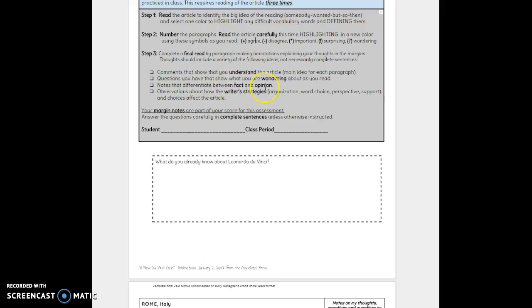Notes that differentiate between fact and opinion. This is where you might agree or disagree. And observations about how the writer's strategies and choices affect the article. We've talked about maybe the first paragraph was written in first person to help you feel like you're part of the scene. Maybe he organized it sequentially or with cause and effect. So what do you notice about how he wrote it? After you do step 3,